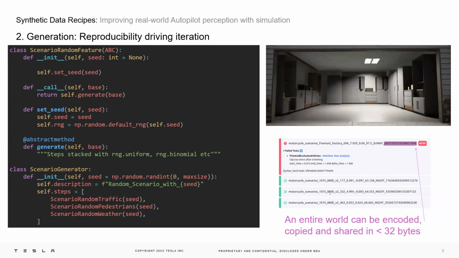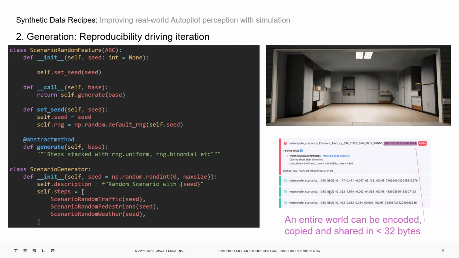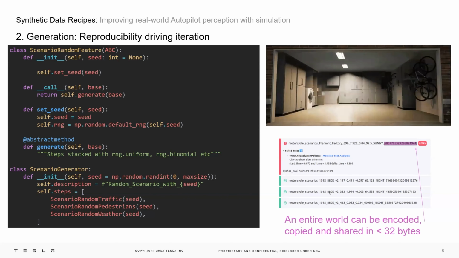So it's great when everything works, but there's always going to be outliers in a random generation. What happens when we generate a closet with an open door that happens to collide with a piece of geometry of a vehicle that's in the garage? So one way to combat this, if we take a look at the Python pseudocode presented on the left,